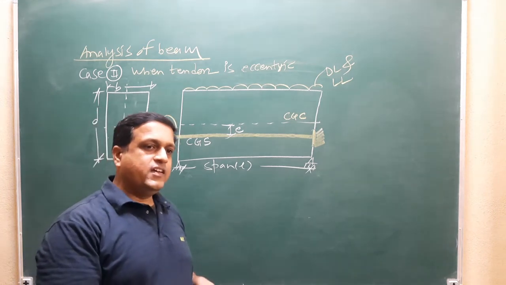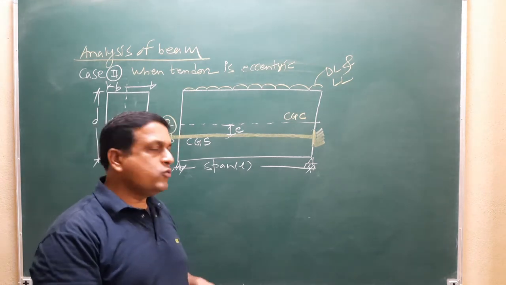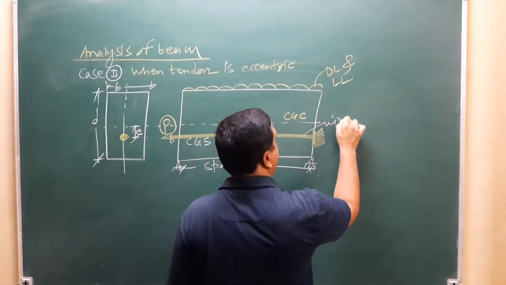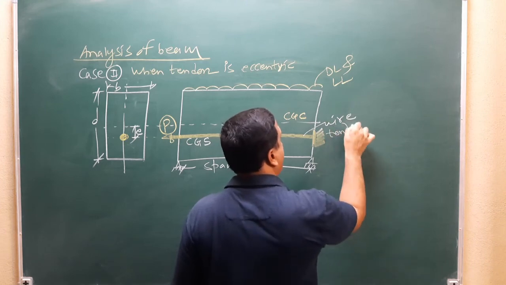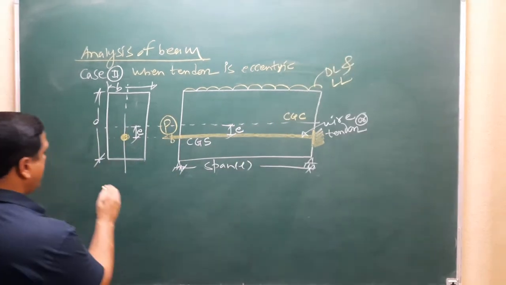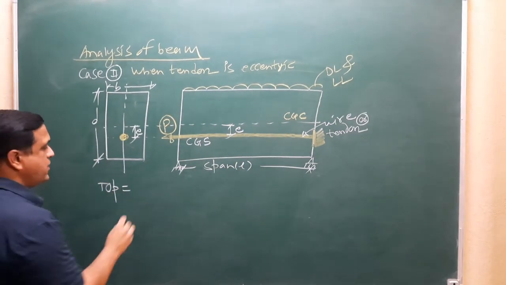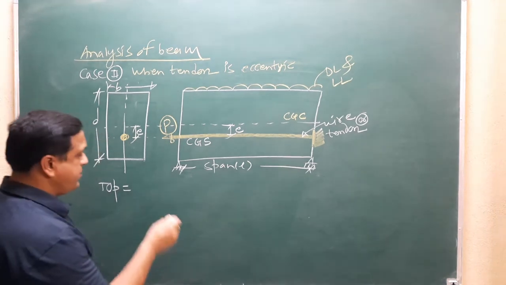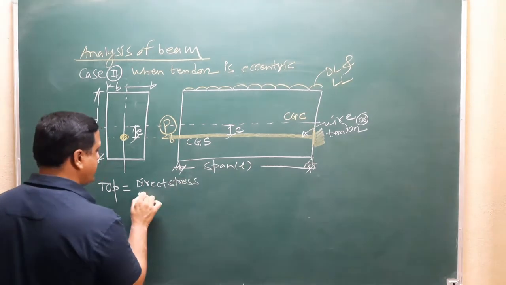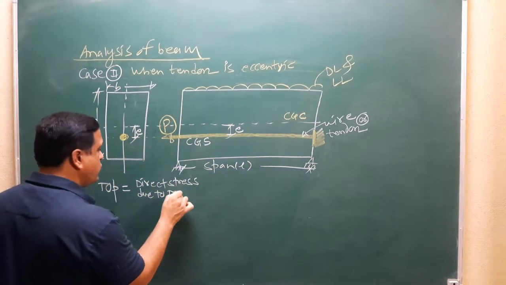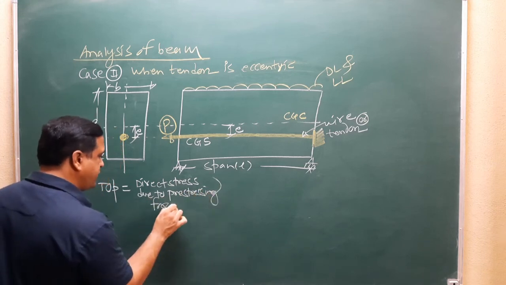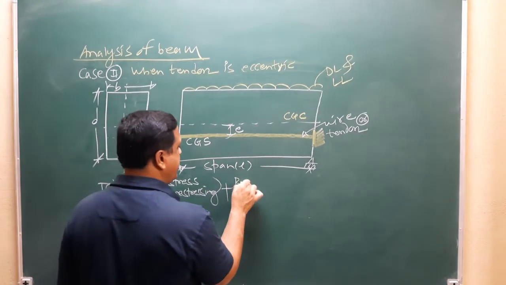That stress is the bending stress developed due to the eccentricity of the tendon, or wire. It is called a wire, or you can say tendon. Now what is the top fiber stress? Direct stress due to the prestressing force, already we know that, plus